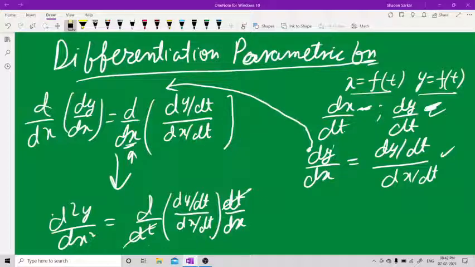So this is the way it is. Just a minute. This is the final form. Let us do problems on this. Now, the first problem